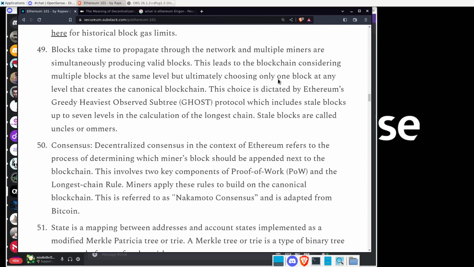Blocks take time to propagate through the network, and multiple miners are simultaneously producing valid blocks. This leads to the blockchain considering multiple blocks at the same level, but ultimately choosing only one block at any level that creates a canonical blockchain. This choice is dictated by Ethereum's greedy heaviest observable